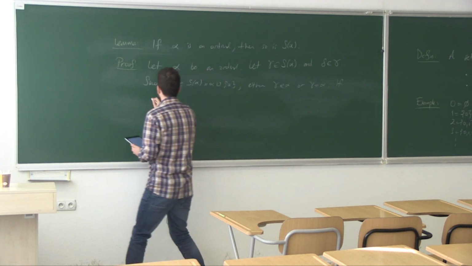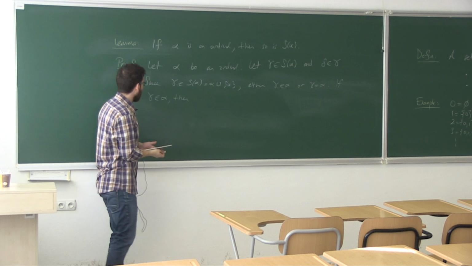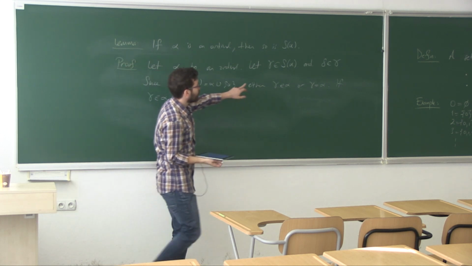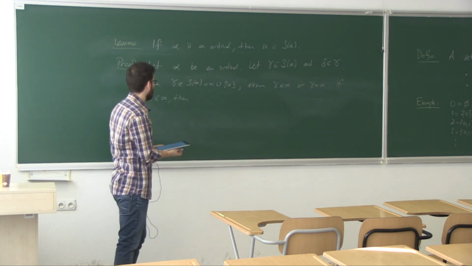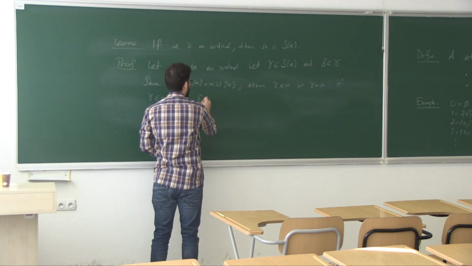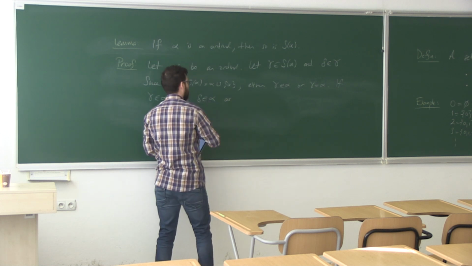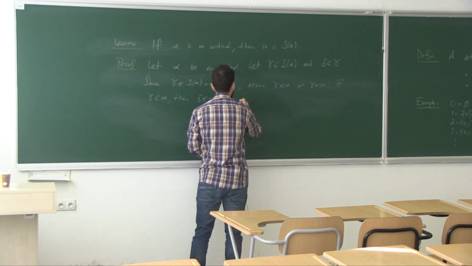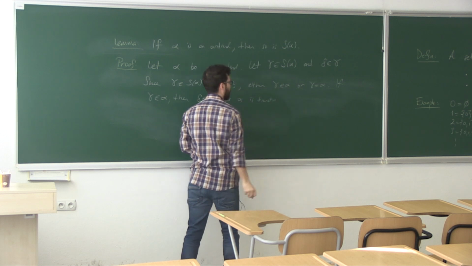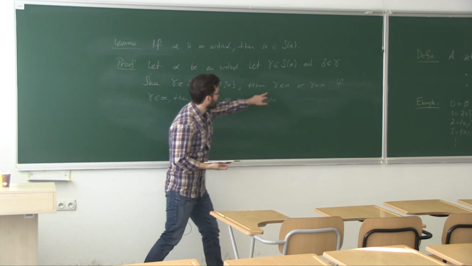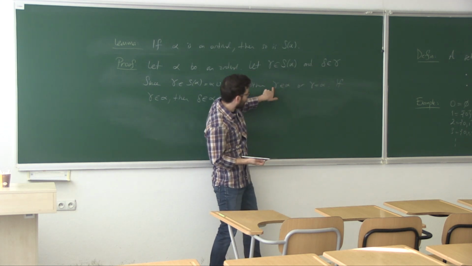In the first case, we have gamma in alpha and delta in gamma, but alpha is an ordinal number, so it is transitive, which means that delta is an alpha, as alpha is transitive. Okay? So in this first case, because alpha is transitive, an element of its element